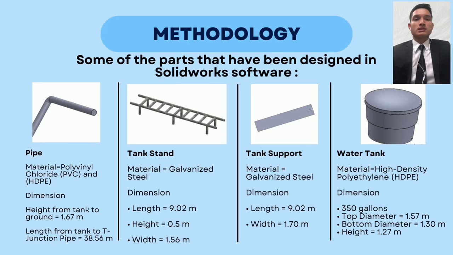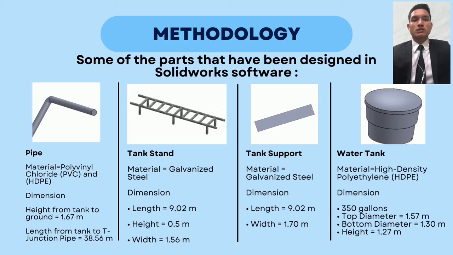And the next one is the tank support, which is placed on the tank stand to support the water tank. The material for this tank support is galvanized steel, and the dimensions: the length is 9.02 meters and the width is 1.7 meters. And the last one is the water tank, and the material for the water tank is HDPE, which stands for